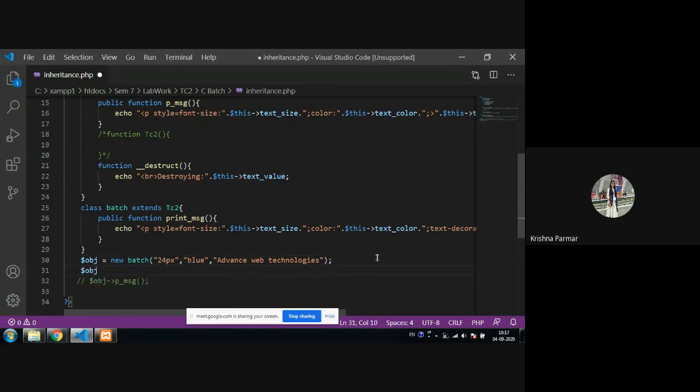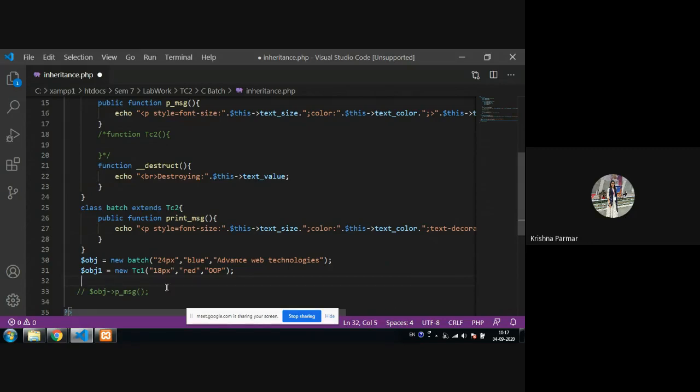Here I am also creating another object, that is of my parent class, where I am passing other values like 18px, then color red, then OOP. Now I'm calling the methods. Only two methods are there, p message and print message.